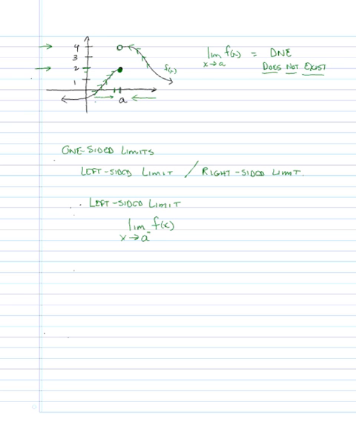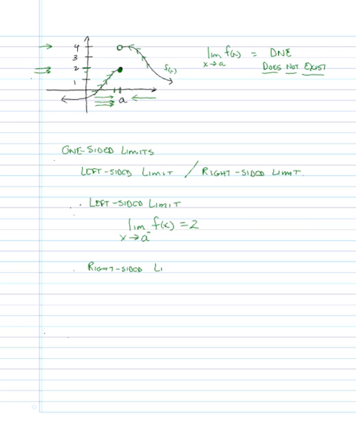So we're referring to getting close to a from this side. And as we refer to getting close to a from this side, we can see that our y values are getting close to 2 up here. So in this case, we'd say the left-sided limit is in fact 2. On the other hand, the right-sided limit,